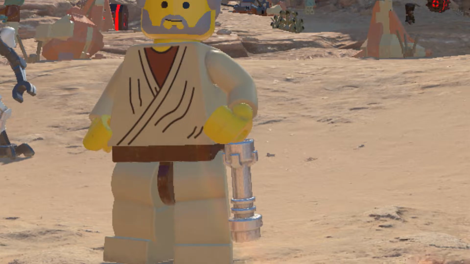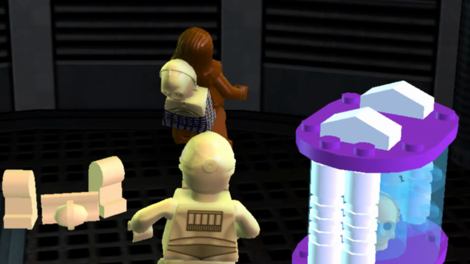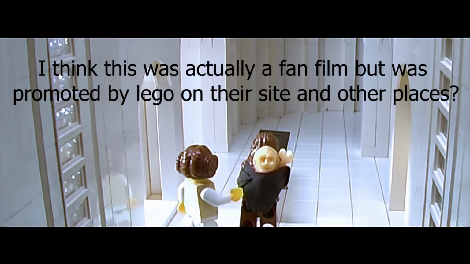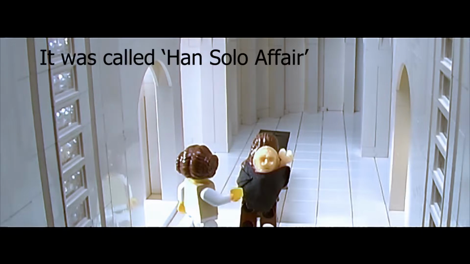I also was really hoping to see Chewbacca carrying C-3PO. My day was ruined when I found out he wasn't in there. They've done it before with the Complete Saga, and we also saw it in actual stop motion, with Han Solo, Boba Fett, something like that. I don't know what it was called. It was a classic short. I think it was even with...